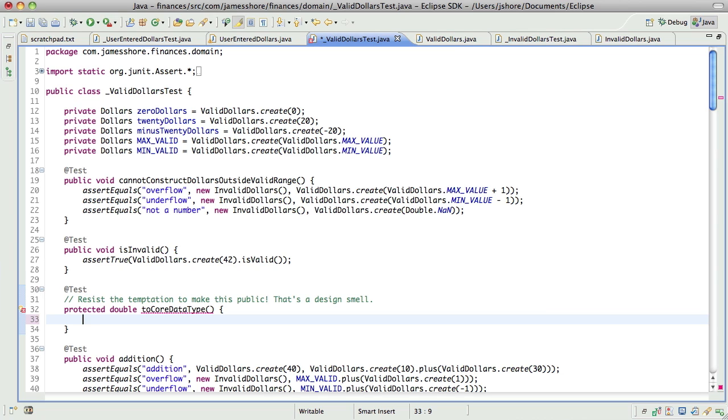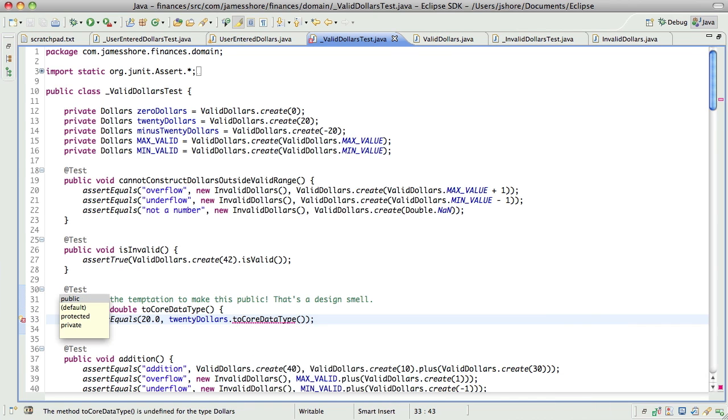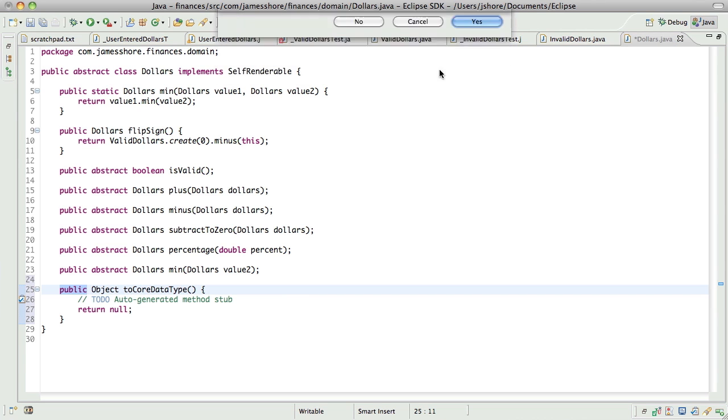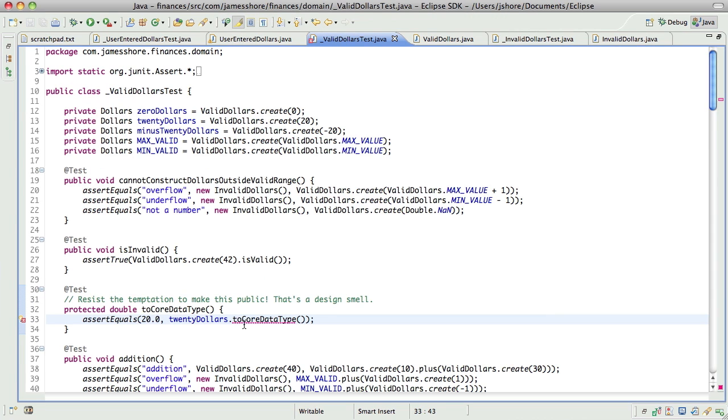So what we want to do is assert equals. We want to say that $20 dot toCore data type equals 20. And of course that doesn't exist. No, we don't want to do that. $20 is $1. Okay, so I think for now,